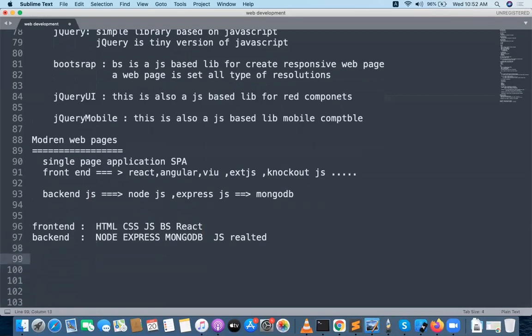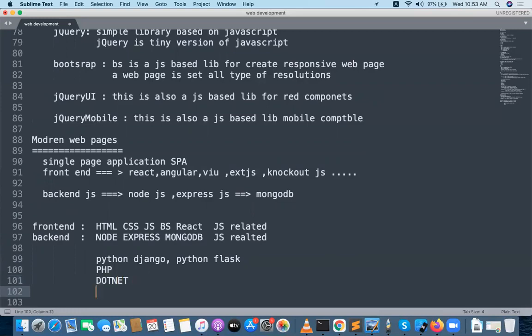Sir, if I don't want to go for the JS related back end, I want to go for something else. So this is the JS related front end, and the front end is common anywhere you go. Only JS related front end will be there, but JS related back end is also in the market now. If you want another back end, you can go with Python Django or Python Flask. Python Flask is also nice in the market, and after that PHP is an older one.